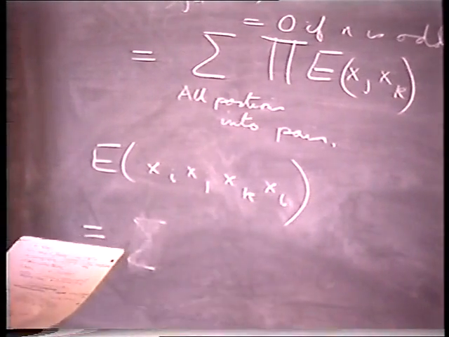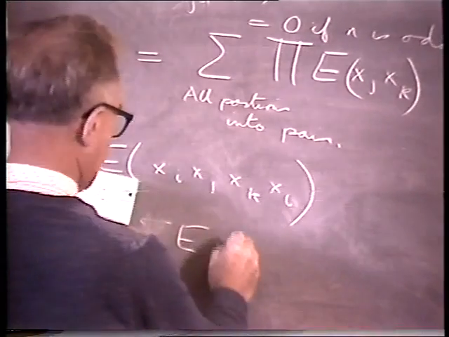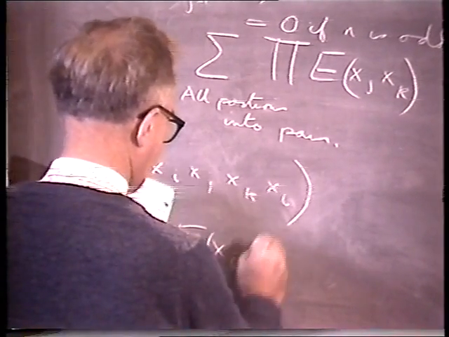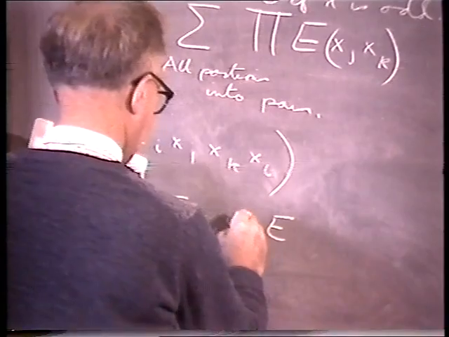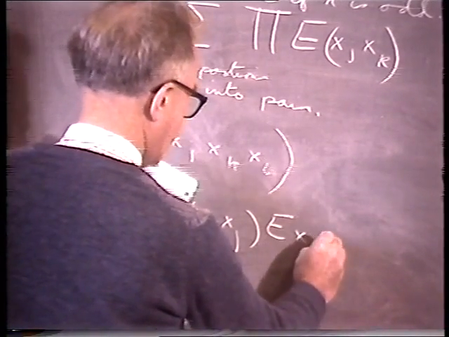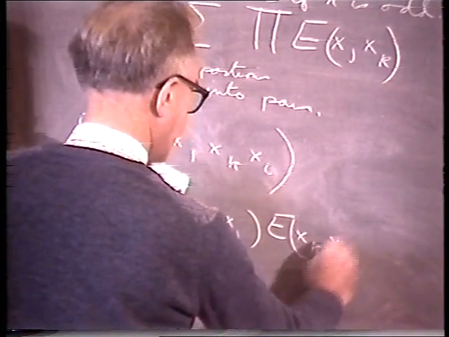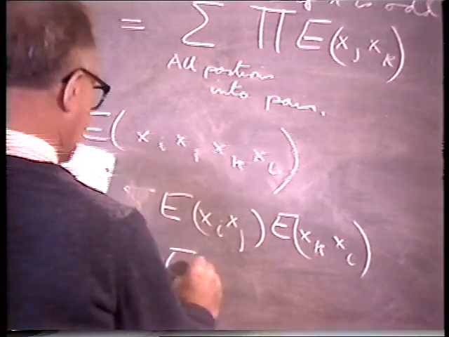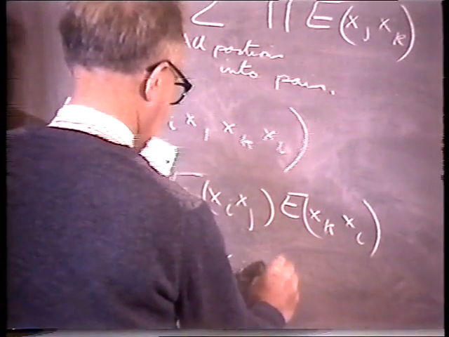Why don't I write it down explicitly? Expectation of xi xj, expectation of xk xl, plus expectation of xi xk,